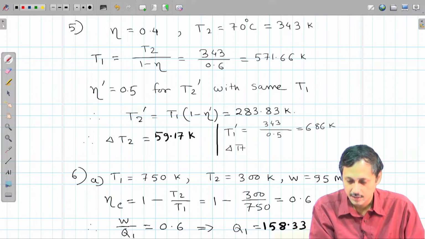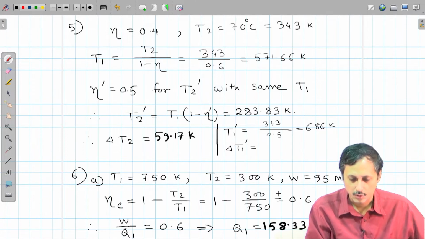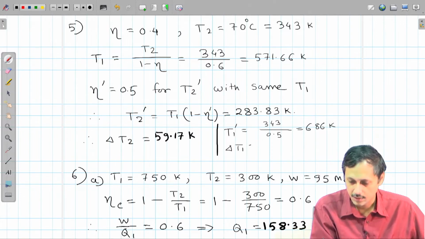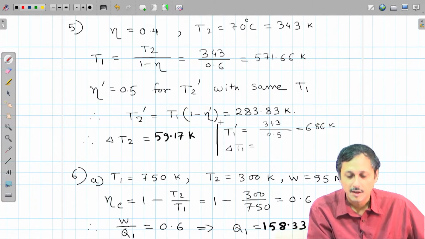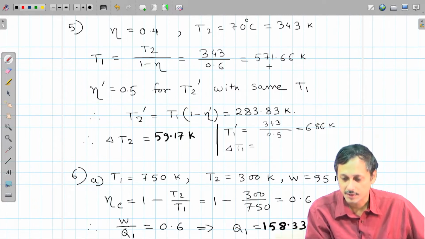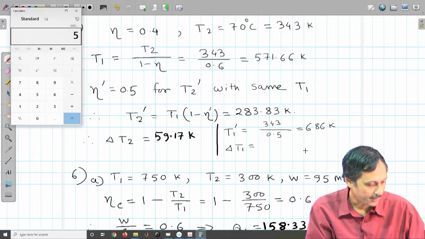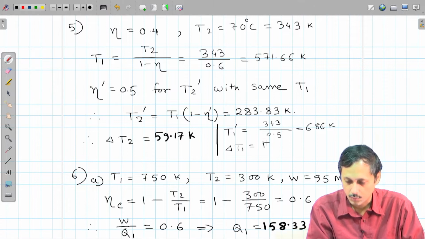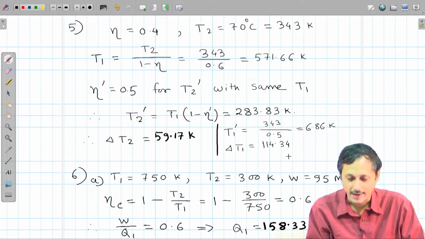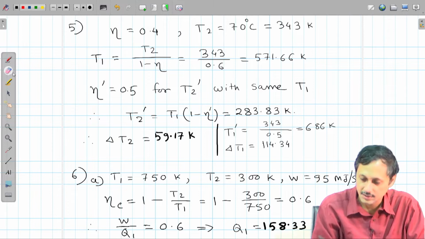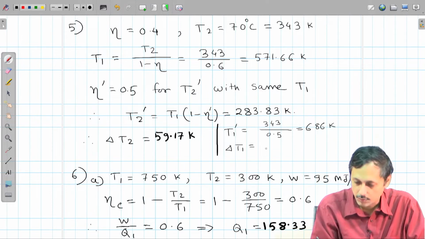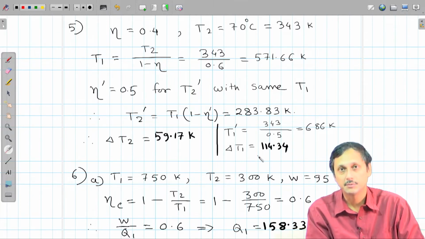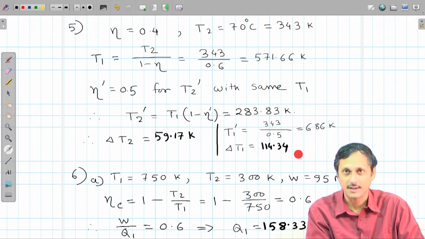So, delta T1 prime is equal to, or delta T1, I should not call it prime, delta T1 is equal to 686 minus 571.66, which is 114.34. So, either we have to increase the temperature, just a minute, 114.34. So, what we see is either we have to increase the temperature of the source by 114.3 Kelvin,